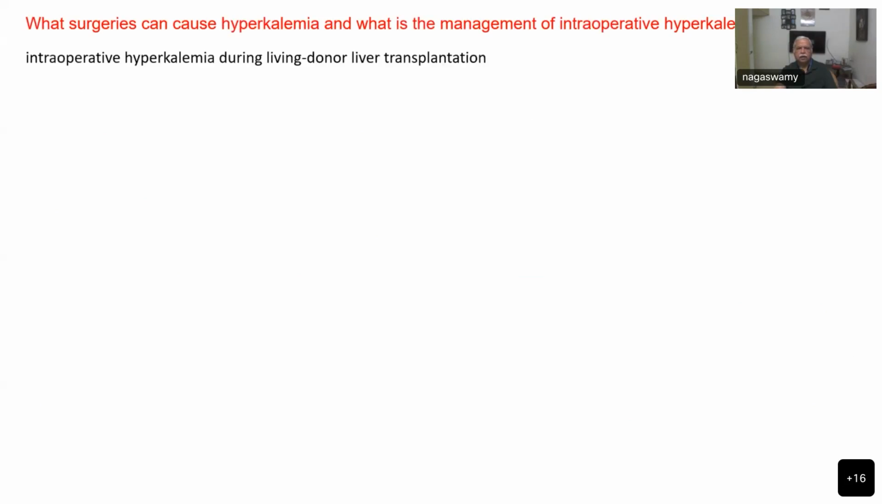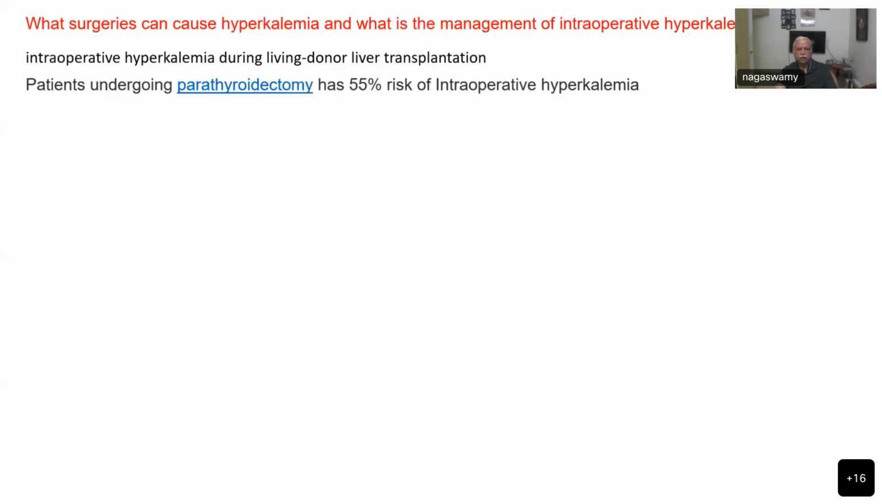And surgeries which can cause intraoperative hyperkalemia are living donor liver transplantation, parathyroidectomy, or patients undergoing kidney transplant, especially after the graft is anastomosed and clamp release is done. There are two reasons why a patient can go into hyperkalemia: because the perfusate used will have a higher potassium. So the donor kidney is washed with the perfusate with a higher potassium content, which will be present in the vessels of the grafted kidney, and that will suddenly surge out,